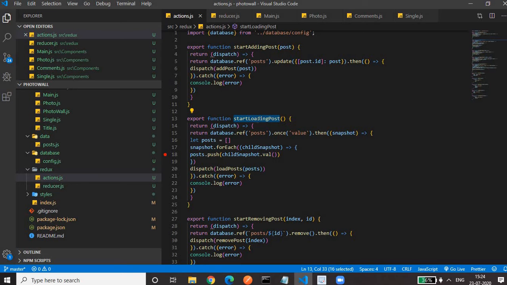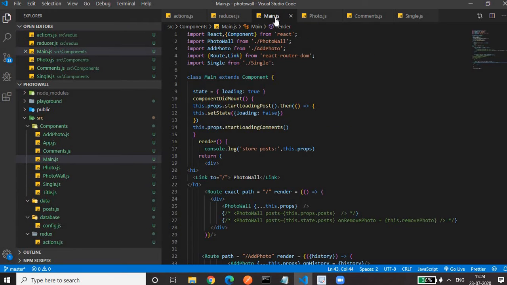Where will we call it? We will call it in the main component, because it will fetch the data related to the post, and it will also update the store with the post array that is received from the database. So we need to fire it somewhere. In main.js, the best place for the component, where we always do our Ajax call or any database operation, is the componentDidMount lifecycle function of the component.